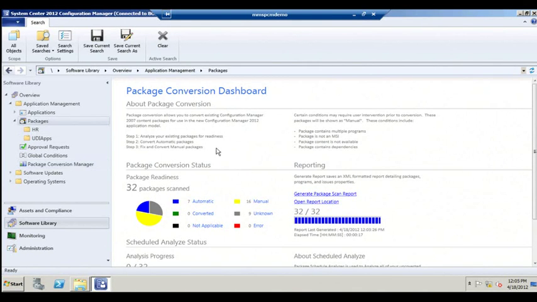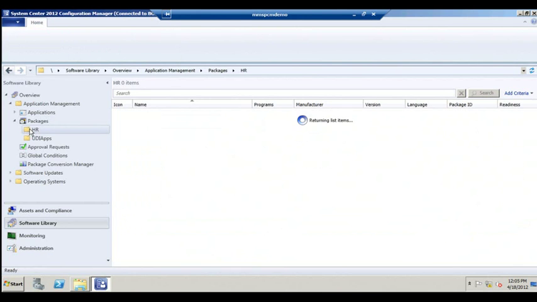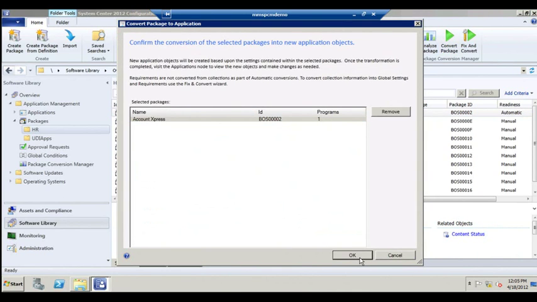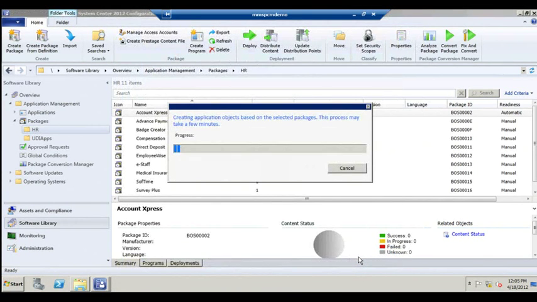So I'm going to show you the easiest way, and we'll show you the rules, but I am going to show you here how to convert a package. You can see in the ribbon here you have 3 options. And this will be the end of this demo, and then I'll come back and get into some more of the complicated scenarios. So we'll click OK. Now we're analyzing, and we're going to be moving this over to an application with the appropriate